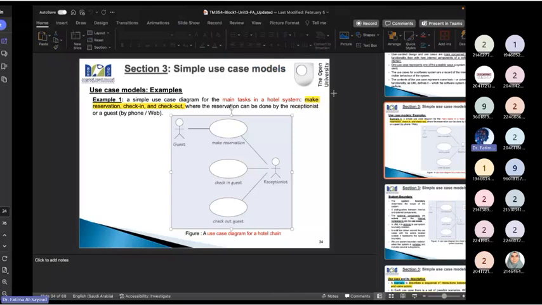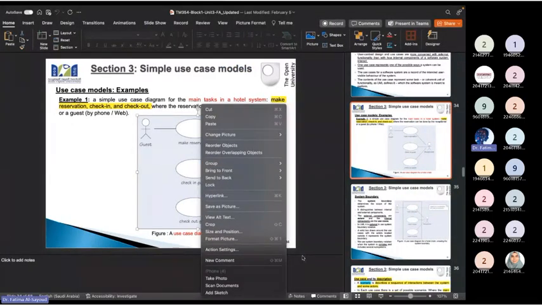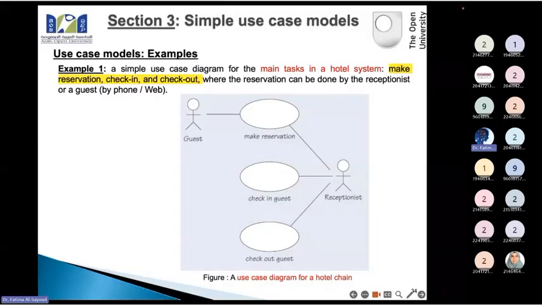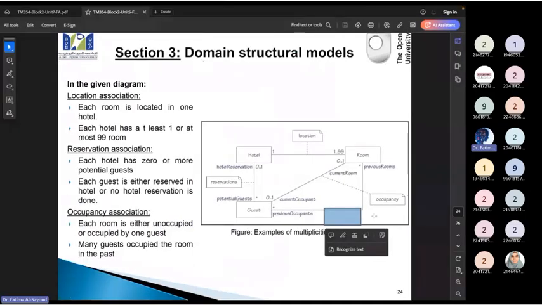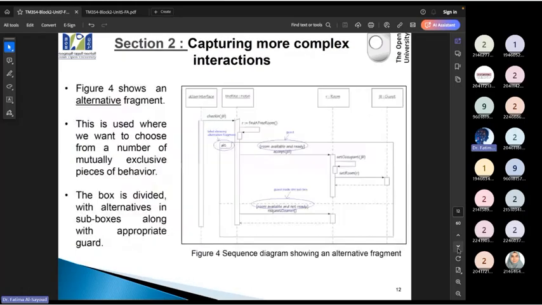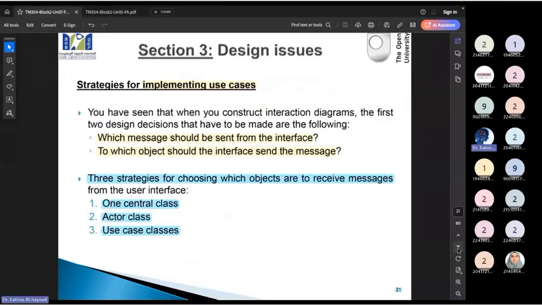So here I'm drawing a sequence diagram for this. Let me just maximize it. I'm drawing a sequence diagram for this use case. So what I'm going to do is take this use case, create a class for it, add it to the class diagram, and then create objects with the type use case here at the beginning. So it's going to receive the first message. So let's see the whole explanation now with whatever is in the slides.